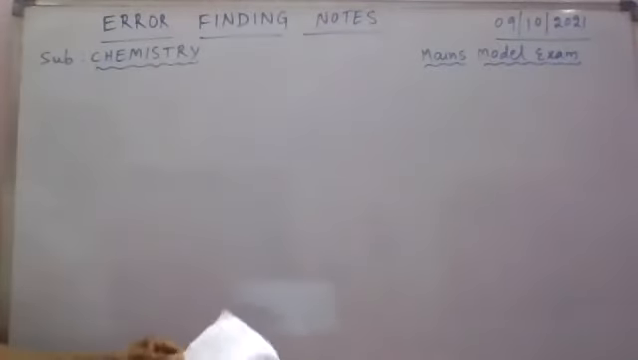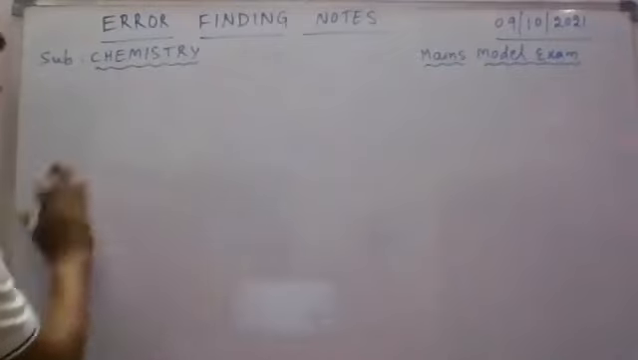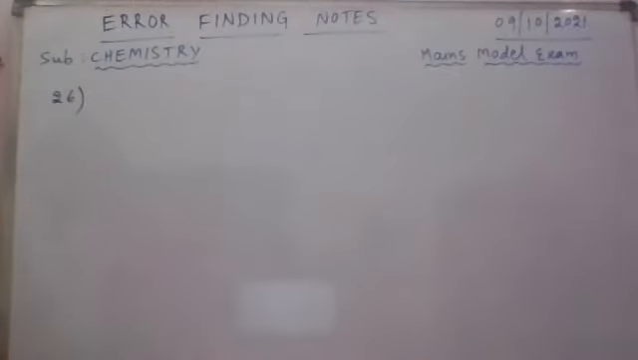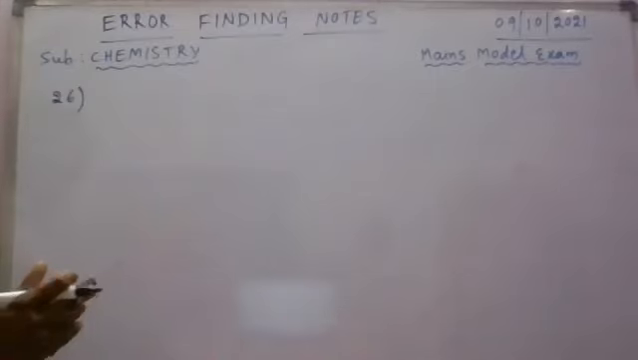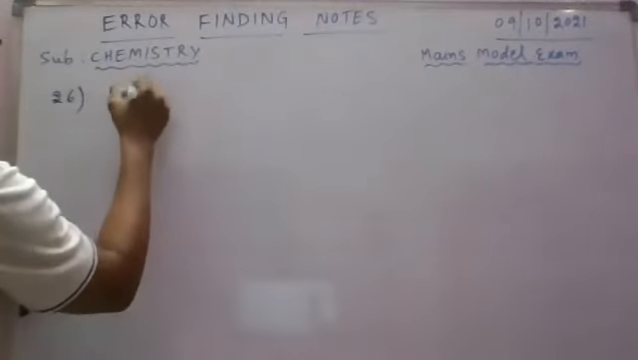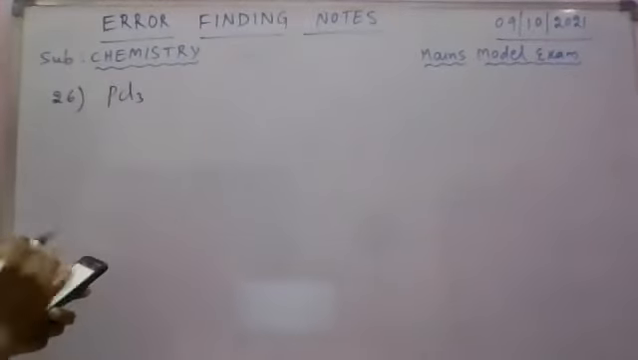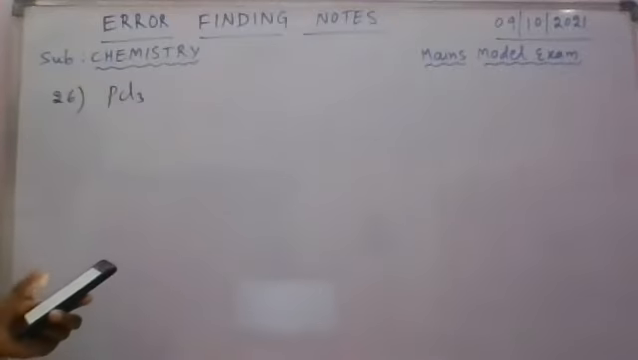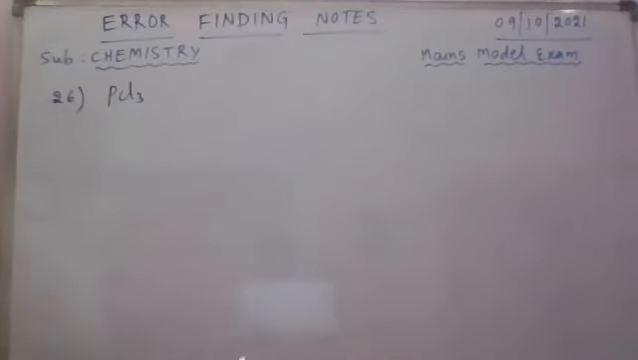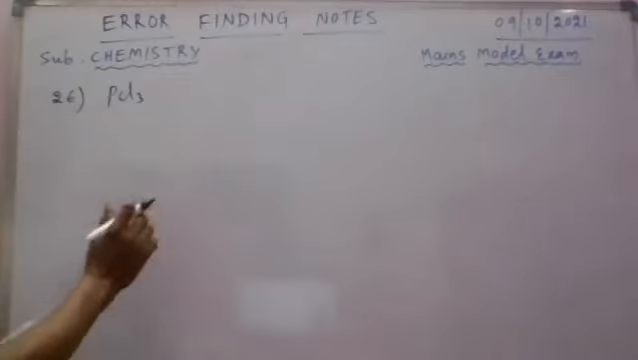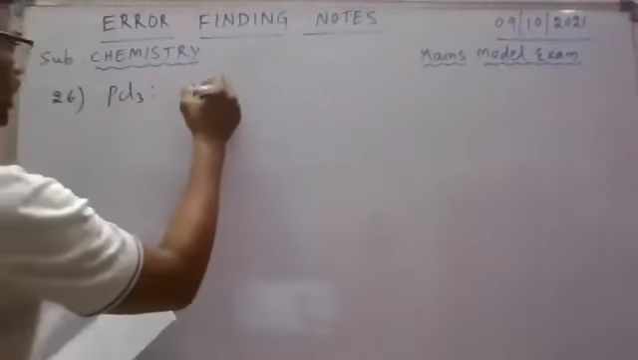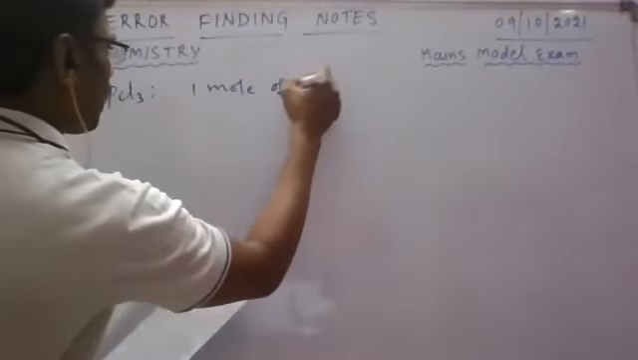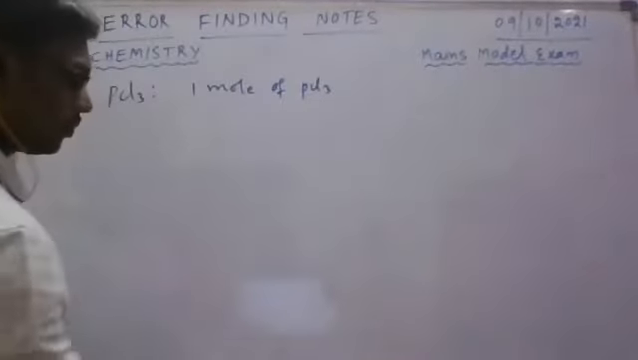I will explain all the questions. Copy the solutions. Question number 26. Here a sample of phosphorus trichloride, PCl3, formula is given. Here it contains 1.4 moles of substance. The question is the number of atoms in the sample. Here 1 mole of PCl3